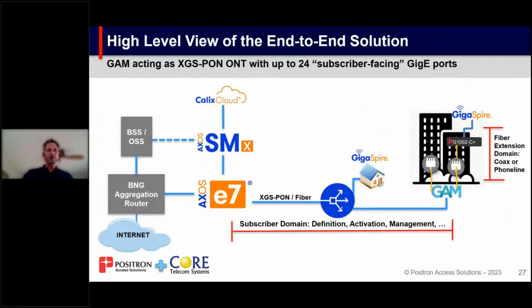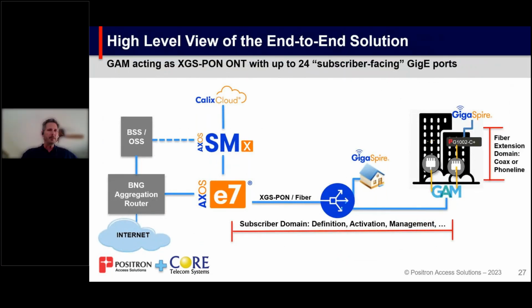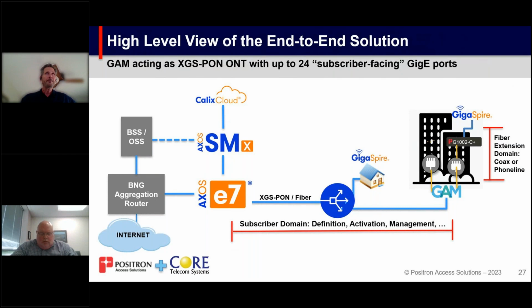Any questions on software, partners, or anything like that come in, Lyle, before I go into support and wrap it up? Yeah, Jim, I think from a clarification standpoint, you highlighted the SFP Plus that's compatible with the Calix